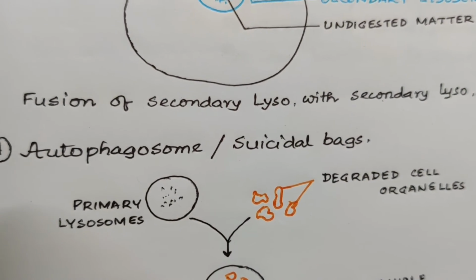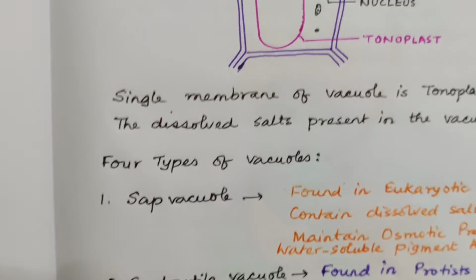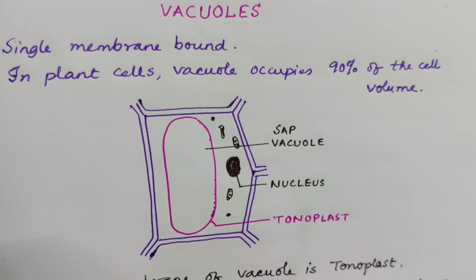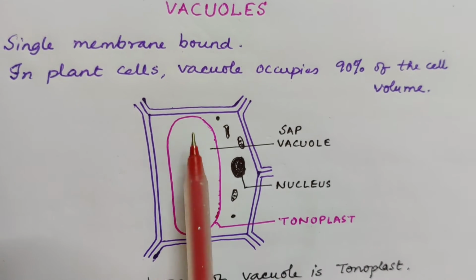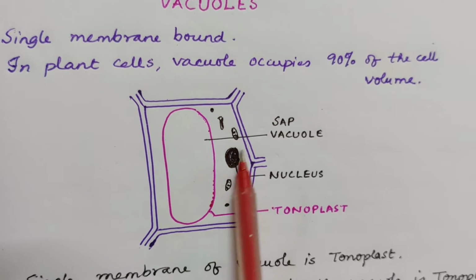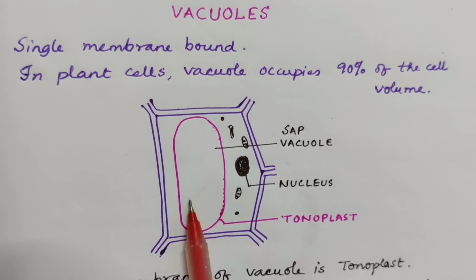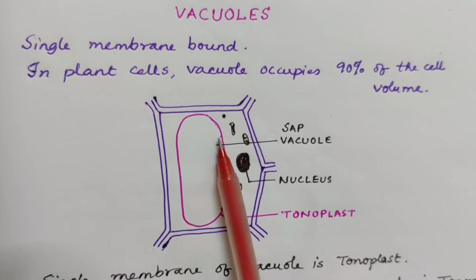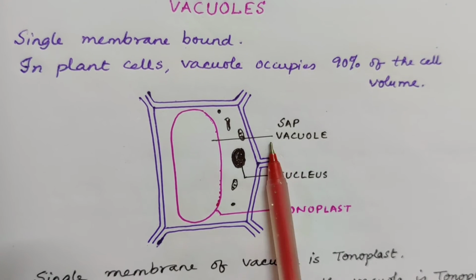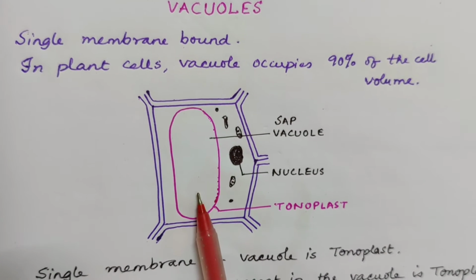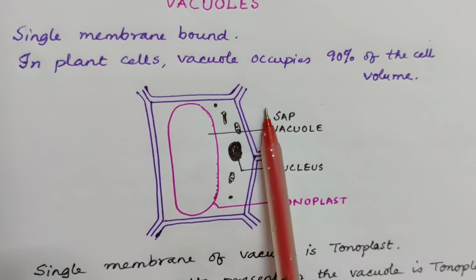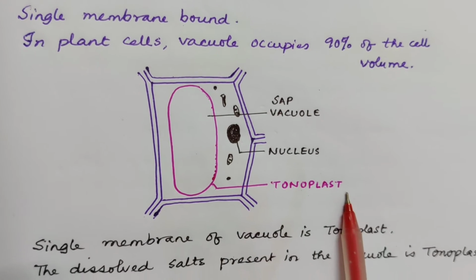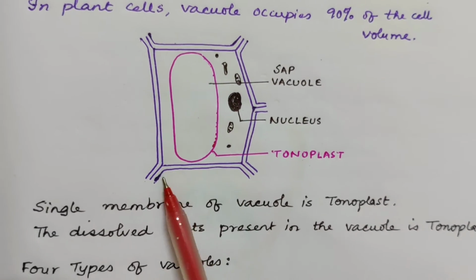We are coming to the next part of endomembrane system, that is vacuoles. You can see the vacuoles over here. Just have a close look at the picture. This is a plant cell. A plant cell is having a vacuole. About 90% of the cell by volume is the vacuole. In plant cells, they are known as sap vacuole because it contains cell sap. These are single membrane bound structures. The membrane of the vacuole is known as tonoplast, and the dissolved salts present inside the sap vacuole are known